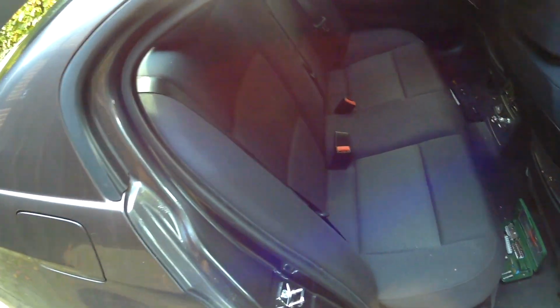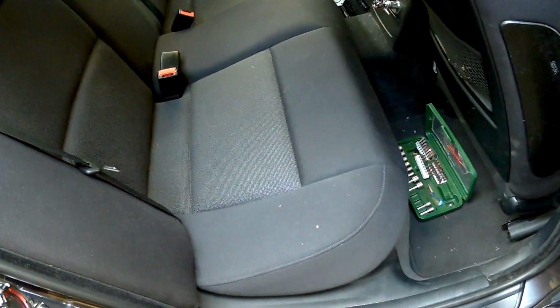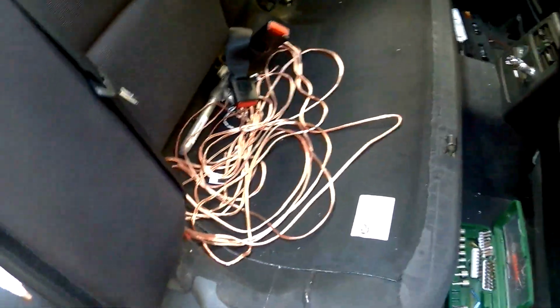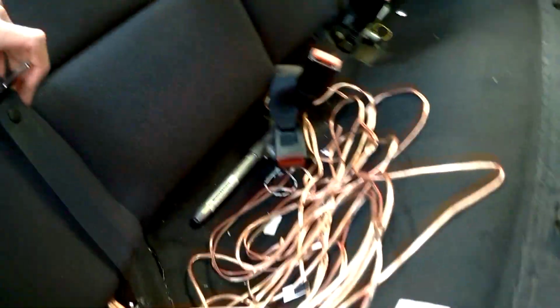So, pulling the cable to the front, you want to lift up the seats, which is actually quite easy, just pull here. On the other side as well, and then pull them up. You can see I've already pulled the cables through. For that I've taken the whole trunk apart, which isn't a quite nice job to do, but I've seen a video of somebody pulling it just with a small cable underneath here, because I can't fold this one down. With a folding-down one it's quite a bit easier, so you just pull it through here,